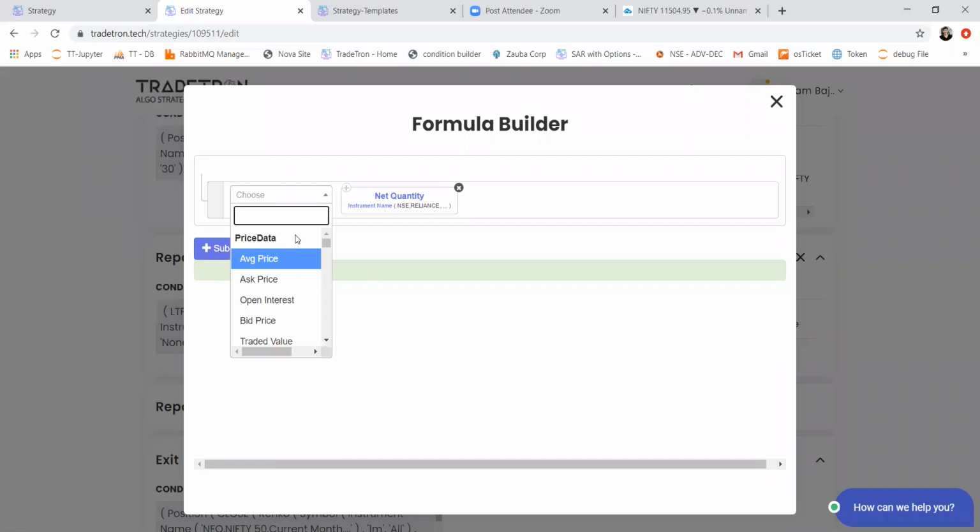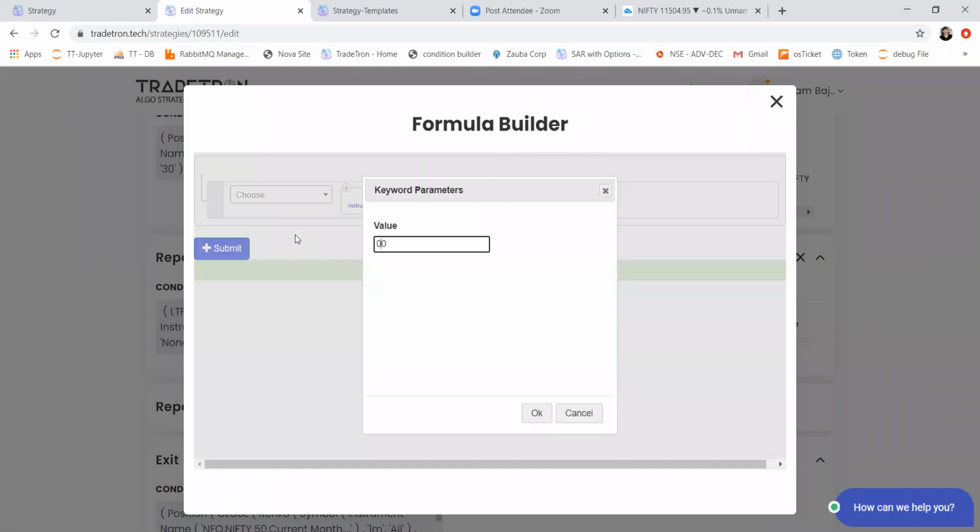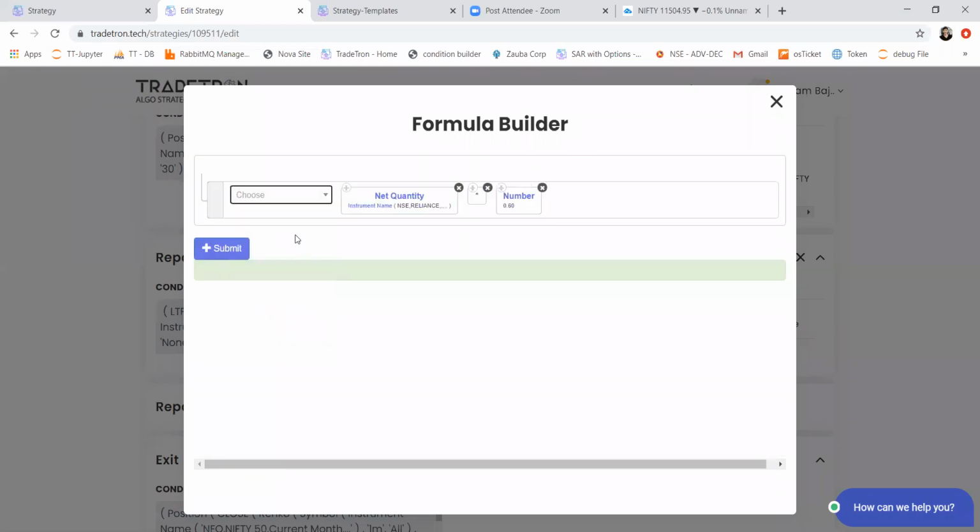Either you can multiply it with 0.6 to get 60% quantity, and it will be done.